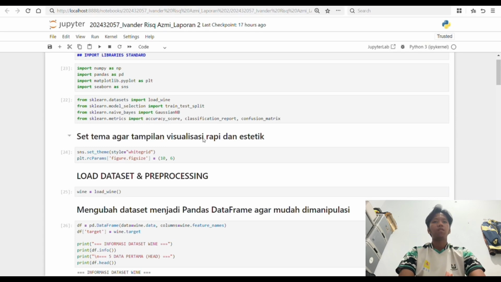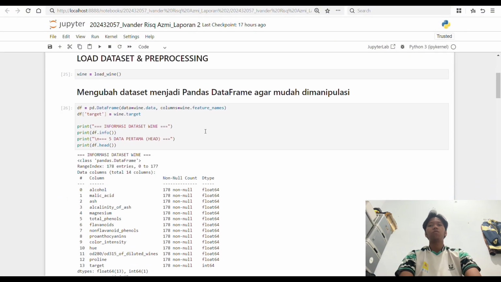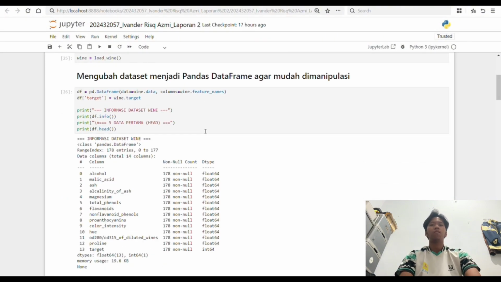Crucially, from the scikit-learn library, I imported the train test split module, the Gaussian NB model class, as well as evaluation metrics such as accuracy score, classification report, and confusion matrix. All of these libraries must be executed at the beginning of the session so that Colab memory recognizes their function.